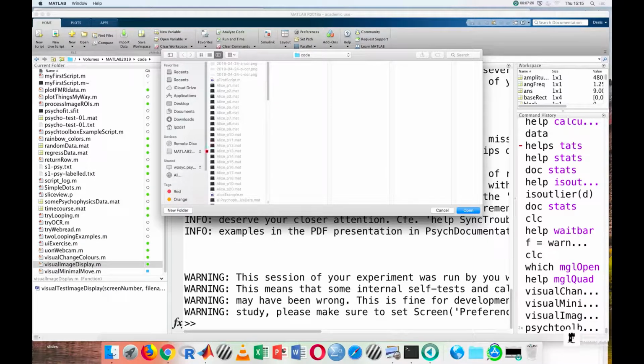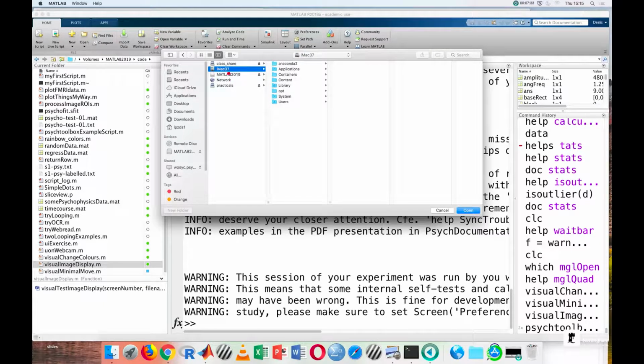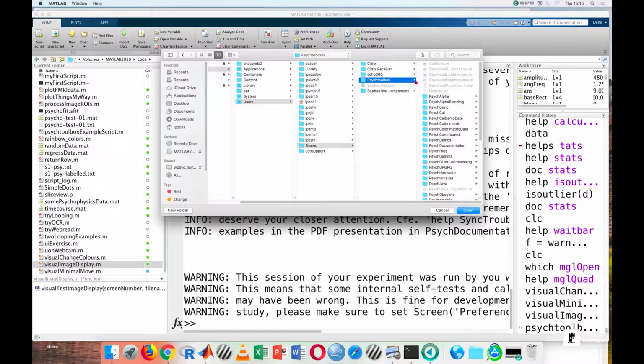We need to go all the way up to the machine, to the Mac, whatever your number is, iMac, whatever number you're on. Users, shared, SyncToolbox. Okay? So this is a path issue, which is basically that MATLAB doesn't know where to look for the